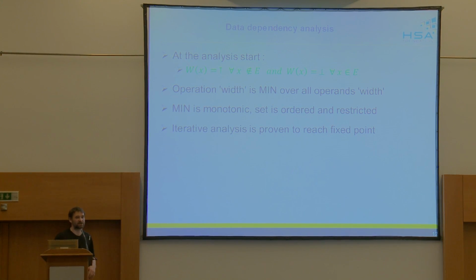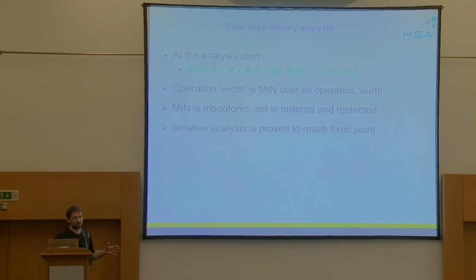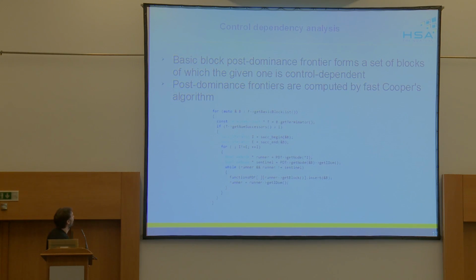So this is a classical iterative solver over the SSA. The iterative analysis is forward because we are propagating the uniformity property forward along the backward slice. Okay,